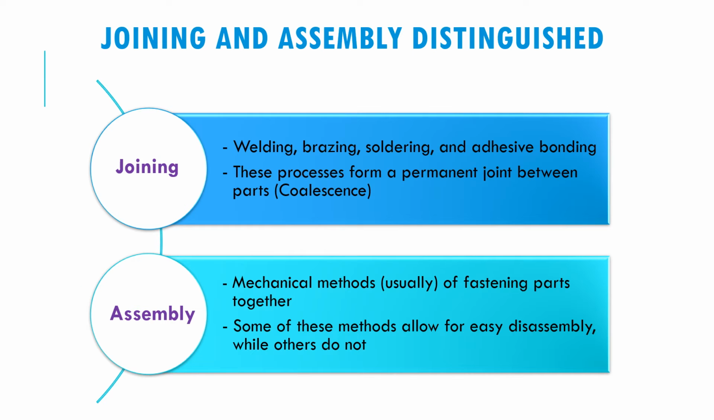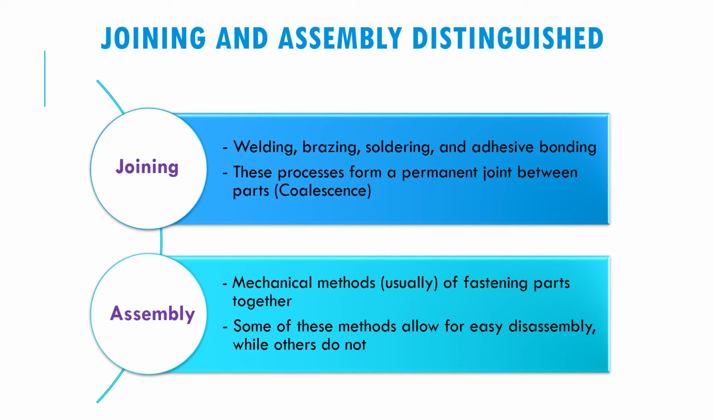In manufacturing process, there are 2 types of process where we can join or assemble the parts together. So the name will be joining and assembly. For joining, the examples of the process are welding, brazing, soldering, and adhesive bonding. These processes form a permanent joint between the parts, meaning there is coalescence between the parts of the final